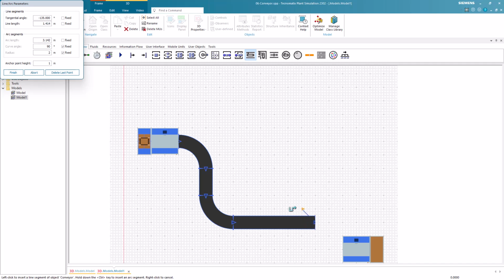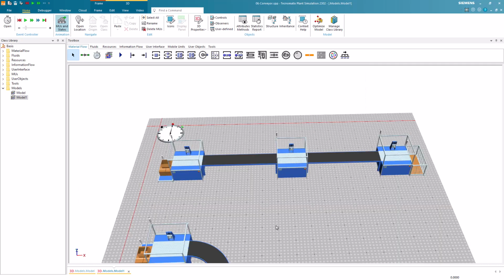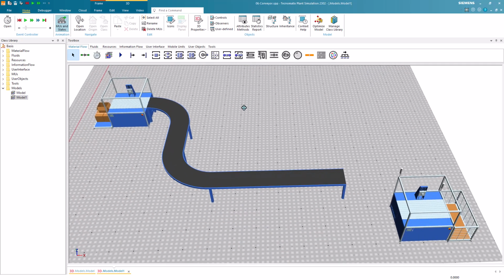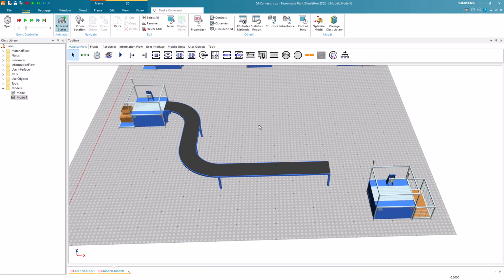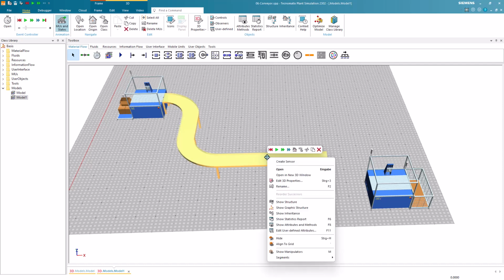As you can see, we are not on the same level as the second station. We can now make use of manipulators. Manipulators are used to change the graphic or the dimension of an object. First, we need to make the manipulators visible. There are 2 ways to do this. The first one is by right-clicking on the conveyor and clicking on Show Manipulators, or by simply selecting the conveyor and pressing the M key as shown in the context menu.